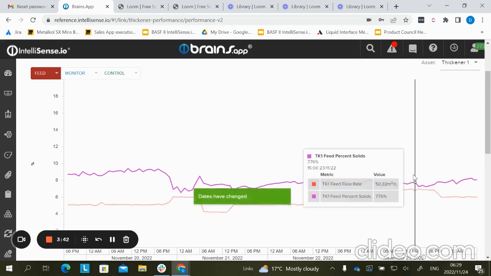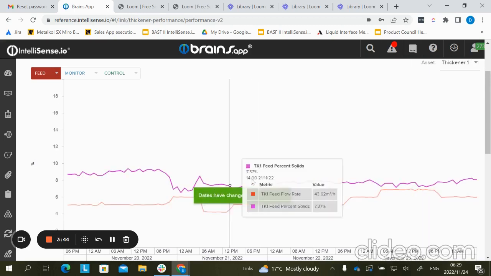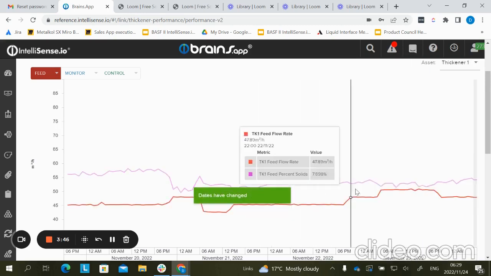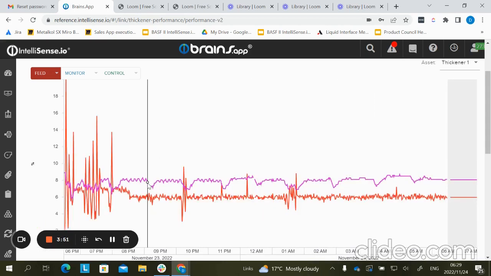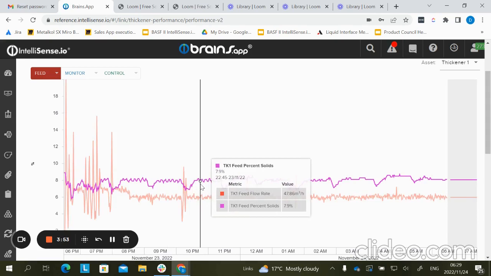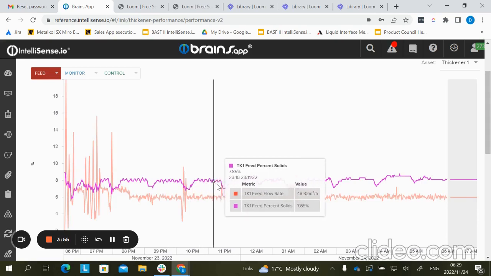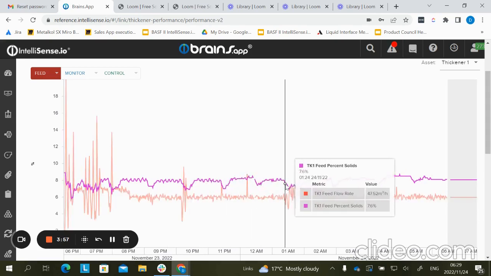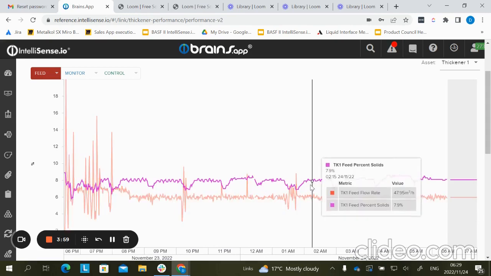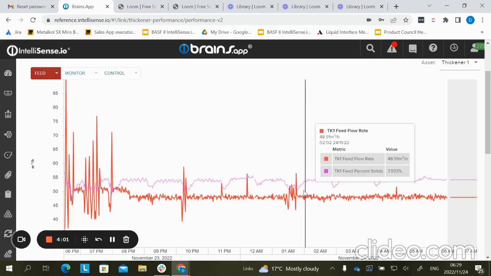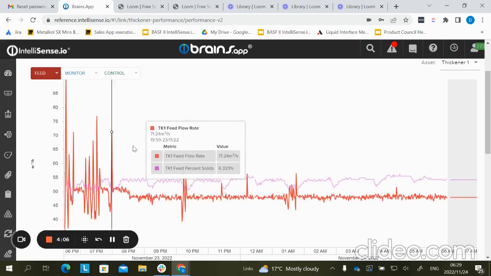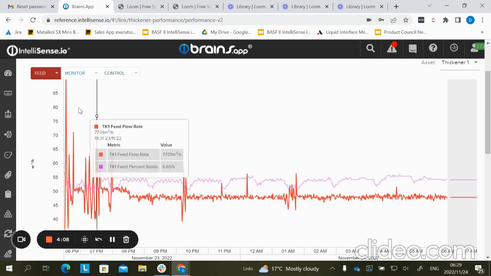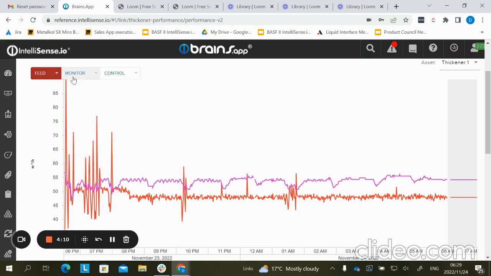So again, submitting the data, and you will have the data change and update. Having assessed this, it would seem that there was a reasonably stable operation of the thickener for the past 12 hours, looking at the feed characteristics that are coming into the thickener. Then I would like to see how the actual performance of the thickener